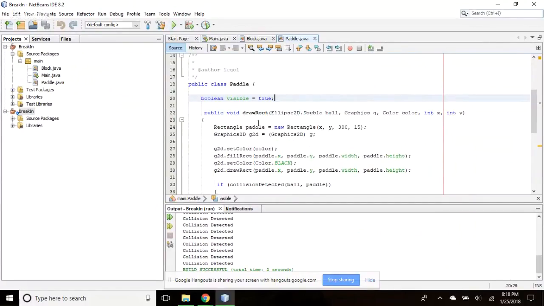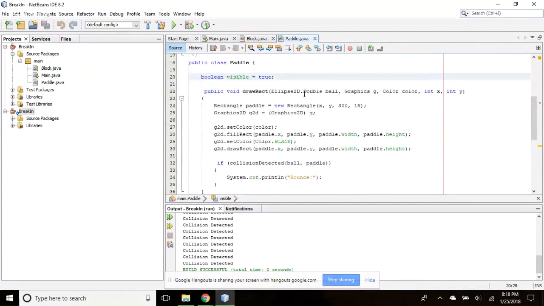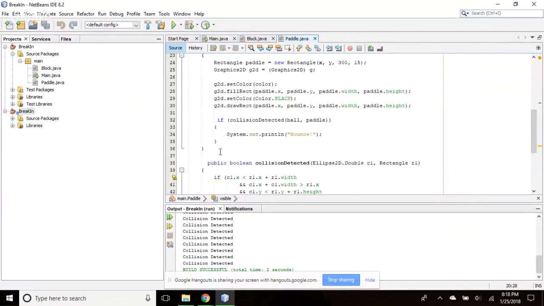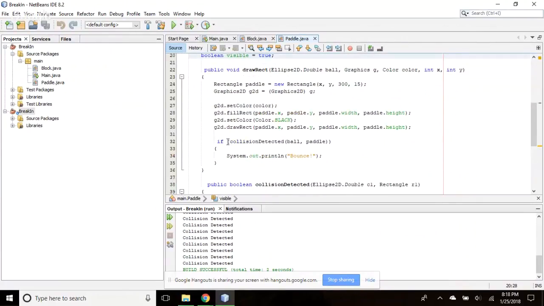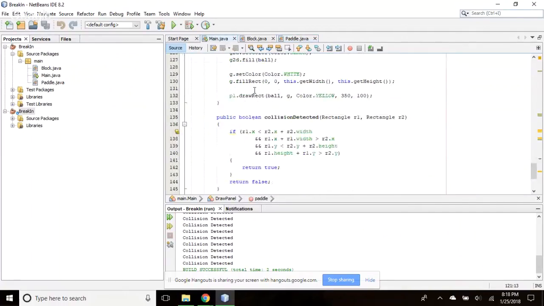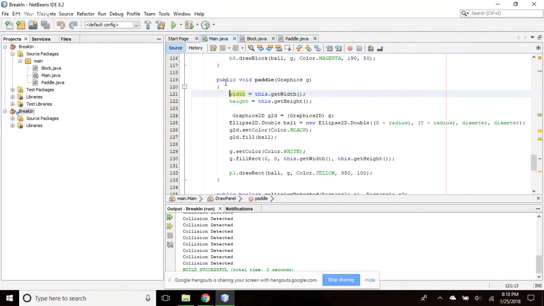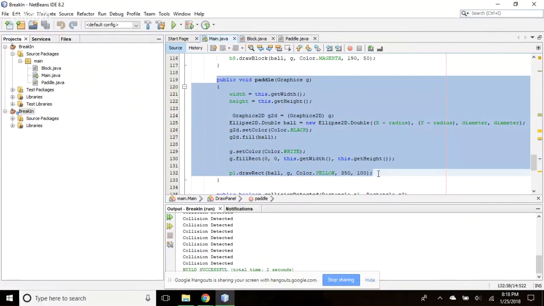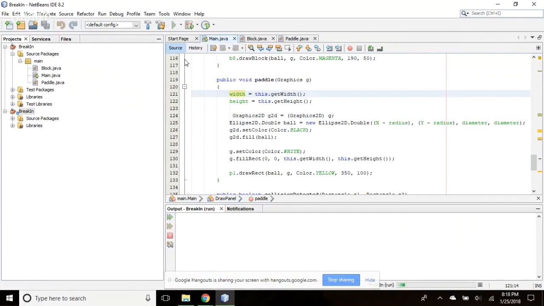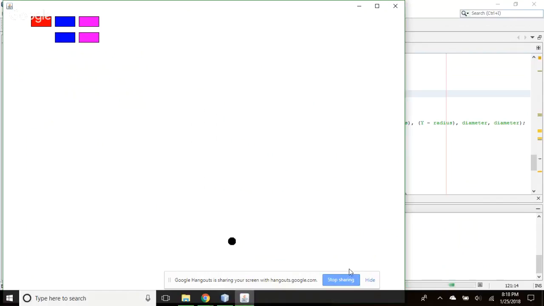Okay, but let's see what you did do. So I added this class, and I'm trying just to draw a rectangle to start. I even added the collision detected stuff to it, so that eventually we could detect the collision with the paddle and the ball. And then I put in the main. I thought I'm having it draw, but then when I play it, nothing happens. Okay, so what we want to do is let's look at this code.